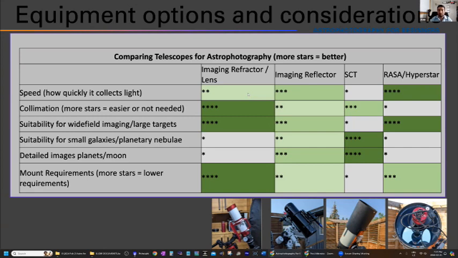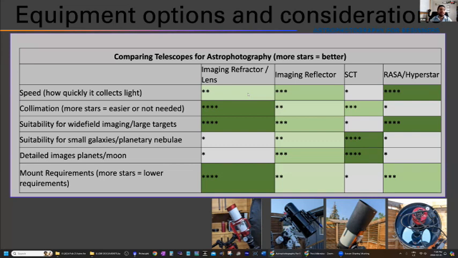I've owned countless mounts that I bought generally off Kijiji because I had to save some money. And then eventually I ended up upgrading those mounts. And then eventually I learned my lesson and I bought a good mount, well, 2 good mounts now. I have the iOptron SEM70, which was well over my budget, but I splurged on the mount. And then I have the EQ6R, which I actually bought new. So since then, I've kept those 2 mounts, and I've been changing out and buying new optical tubes, new telescopes, but I've kept those mounts.